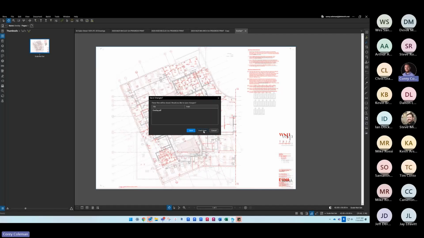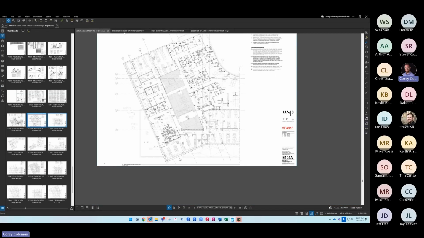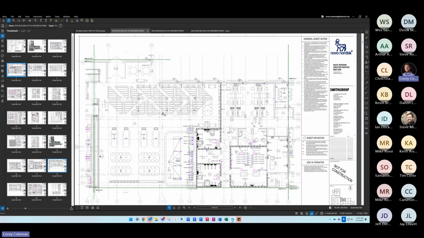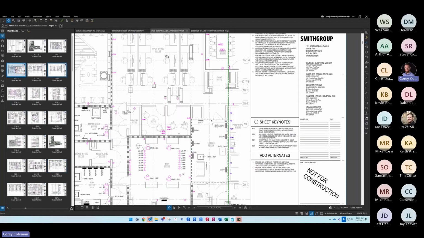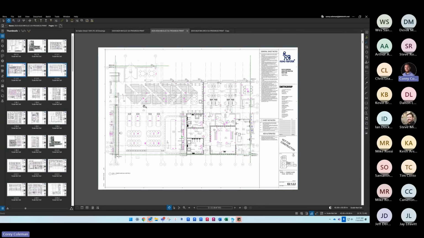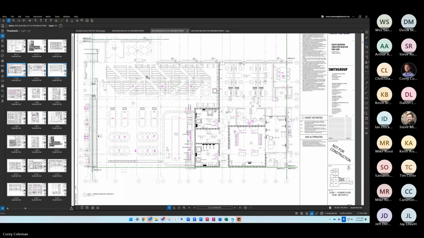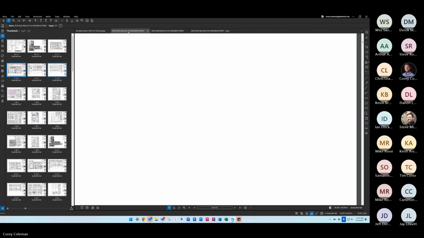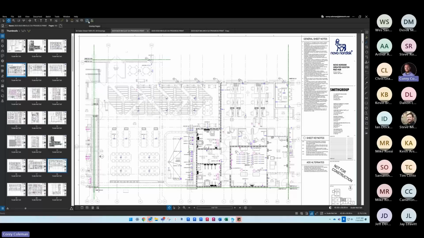The next item that we're going to do is overlaying to catch changes between prints. This is where the compare tool and the overlay pages work together and work against each other. The project we're working on right now for Novo, we're getting progress prints every couple weeks to see the differences and try to catch up with design. But it's really tough to tell what has changed from one progress print to the next by flipping back and forth. So the overlay pages really help to show you those highlights,